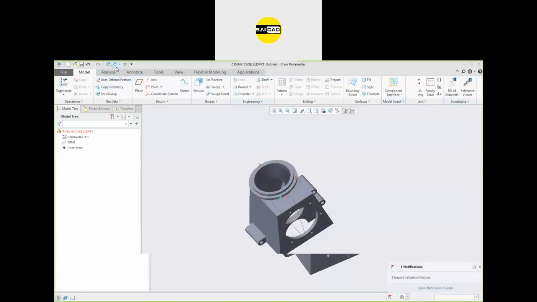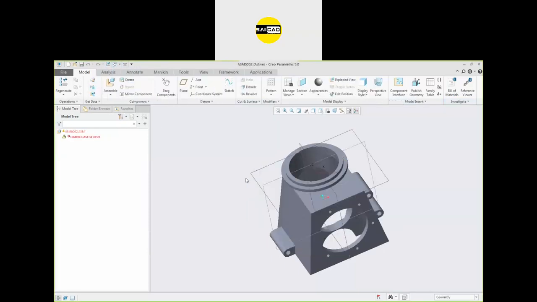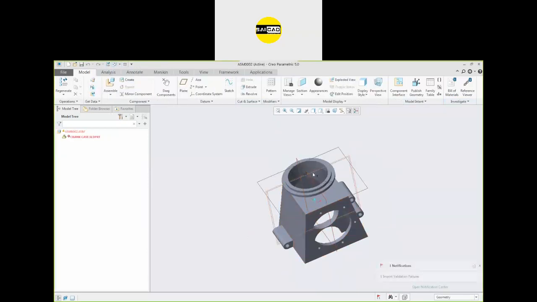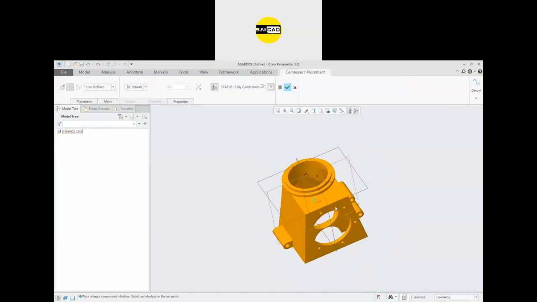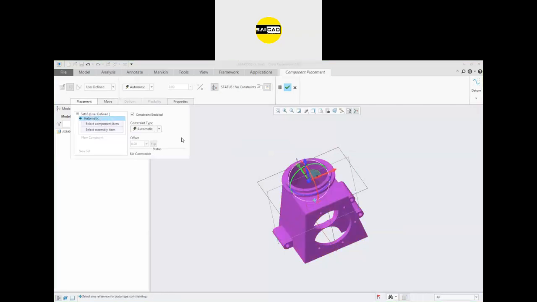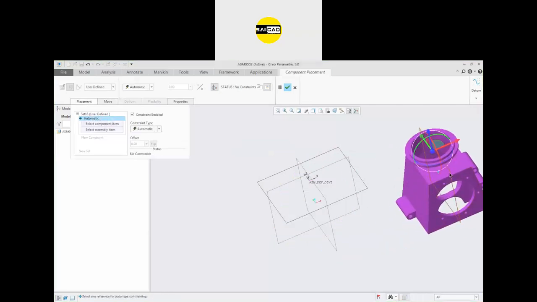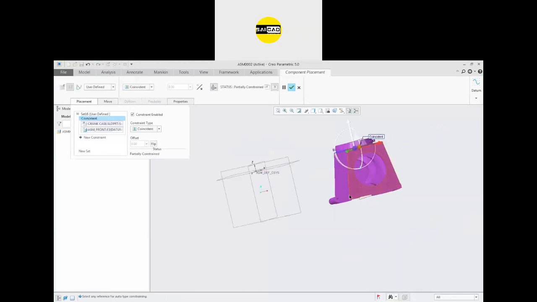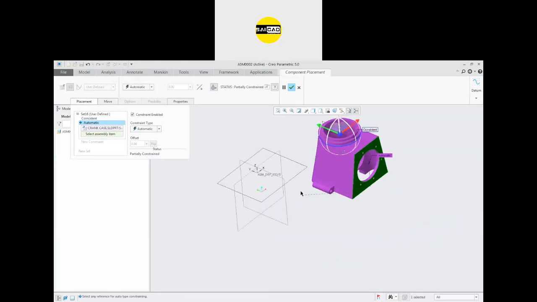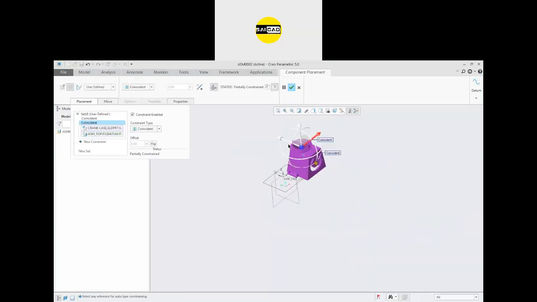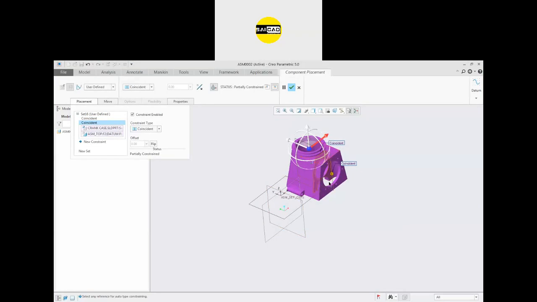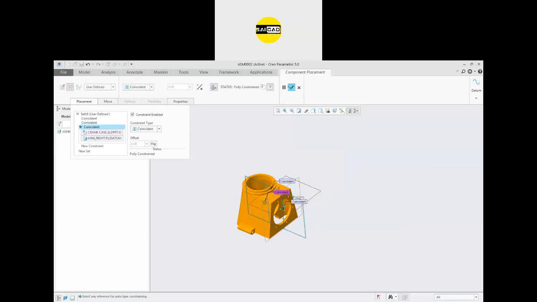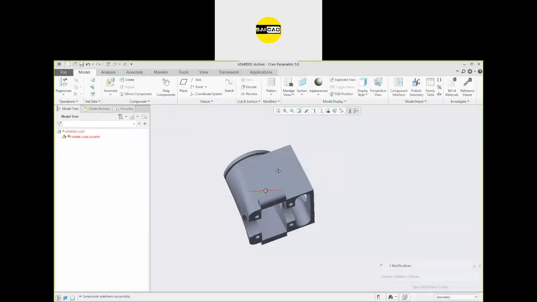Click save and switch to the window. Now you will see we have a plane. Just go to the edit. Now remove the constraints from here. Move the object outside. So define the relation that this should be with this one. It should be coincident, and this face should be with relation to this one. Again coincident, and we have a plane here. This plane should be coincident to this. So it will be defined like that.